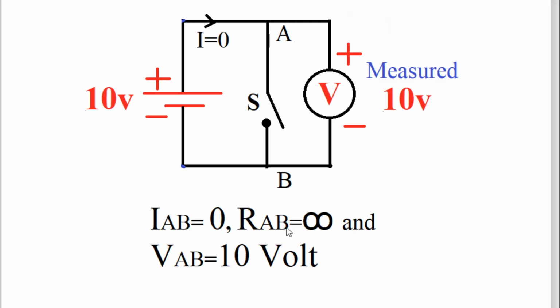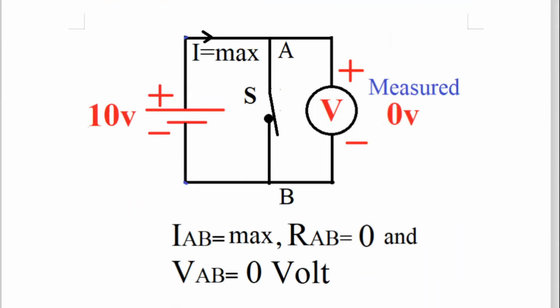Now when we close the switch, all these three parameters are going to change. You can stop the slide and watch it again, and you can understand yourself. The current will neither flow through the switch because it is open, nor through the voltmeter because the voltmeter's internal resistance is very high, ideally infinite, and therefore the measured voltage will be 10 volt. The measured voltage is 10 volt because the potential difference between terminals A and B will be maximum. Maximum means whatever you applied. If you apply 10 volt, it will be 10 volt. If you apply 12 volt, it will be 12 volt, and so on.